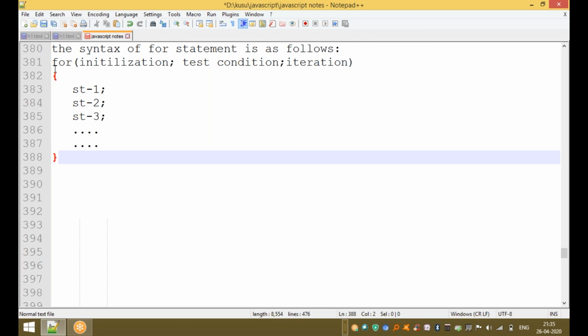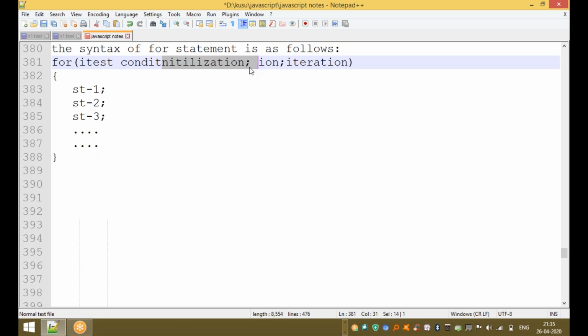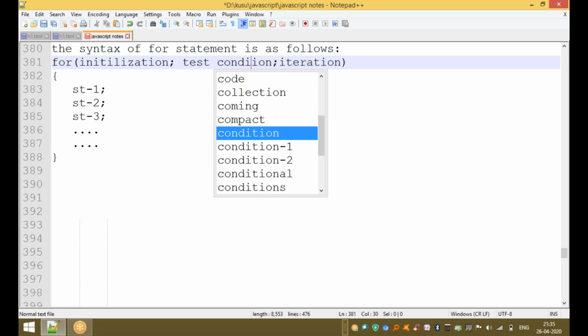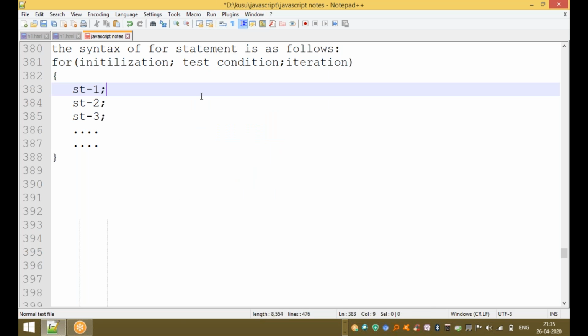The simple for loop syntax is for, initialization, testing condition, and incrementing or decrementing. The first part is initialization, the second one is the test condition, and then the iteration.